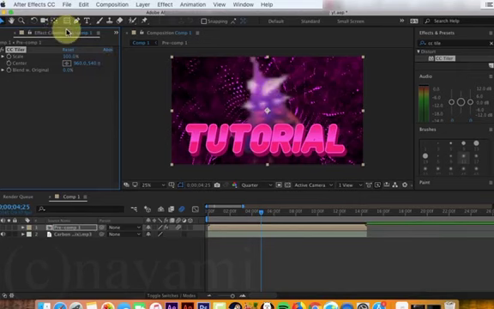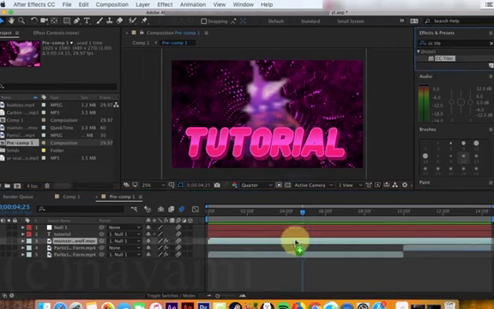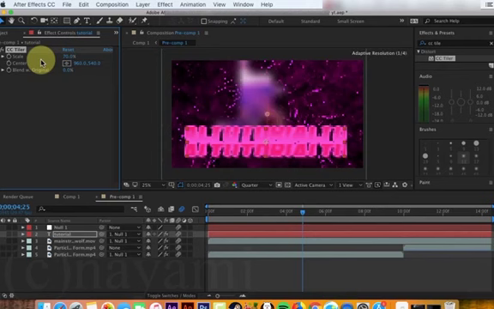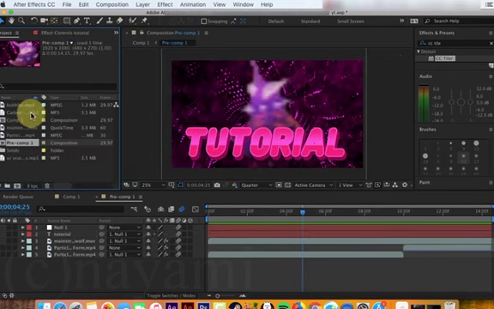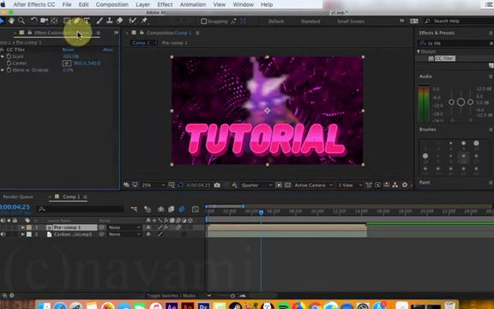Here, I'll show you what happens if we apply CC Tiler to only one clip. So apply it only to that, it'll go like that, and that's not what we want. So let's go back to our main comp and close this one up, and go back to the effect controls